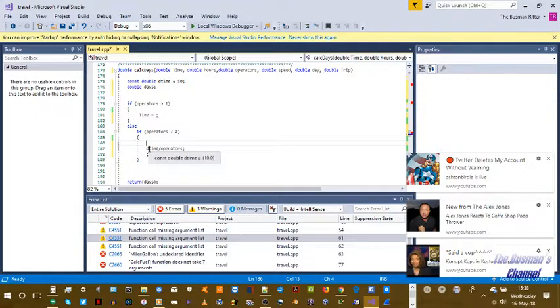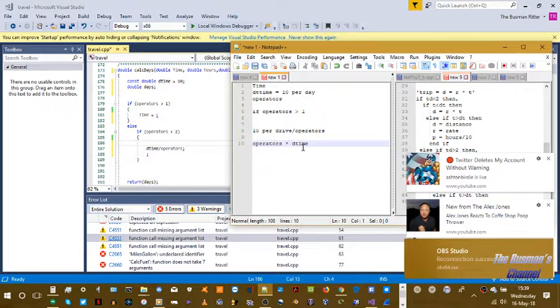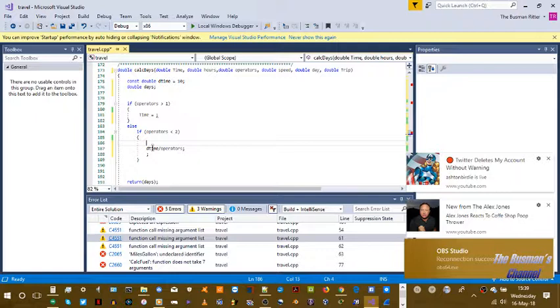It's two or more drivers, each driving 10 hours. Let's see how we do this. Okay, so if we've got two or more drivers and we're driving at what we would call time. Okay, so we'll say that. Okay, so time